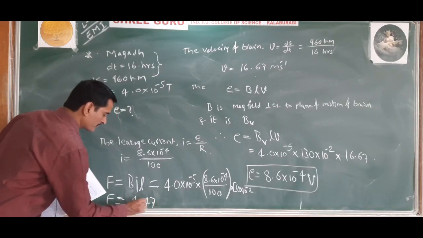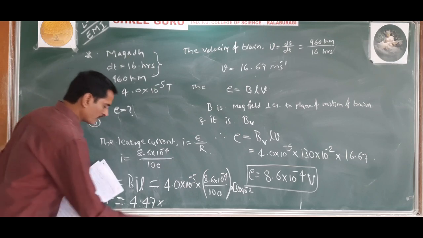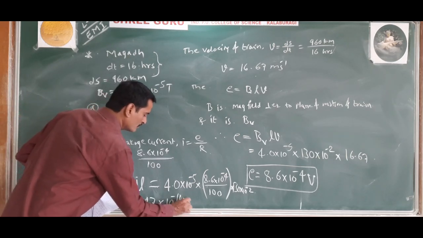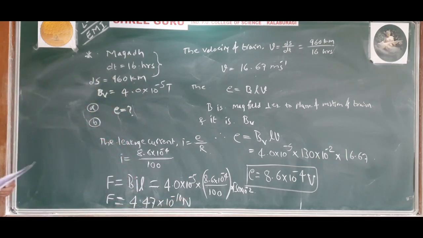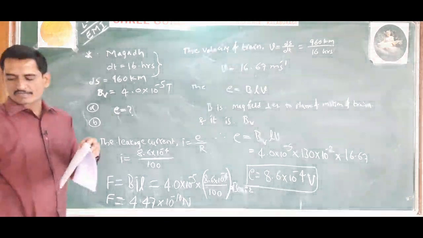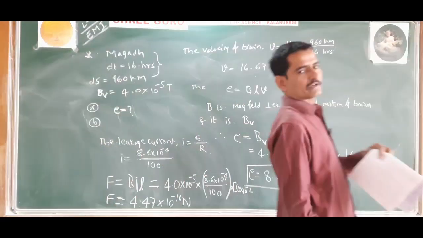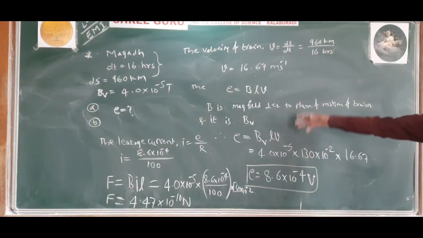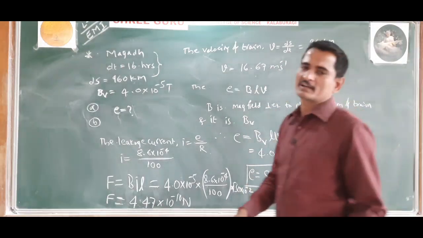4.47 into 10 to the power minus 10 Newton. Understand this question properly, and such kind of questions are asked many times in the Karnataka CET exam